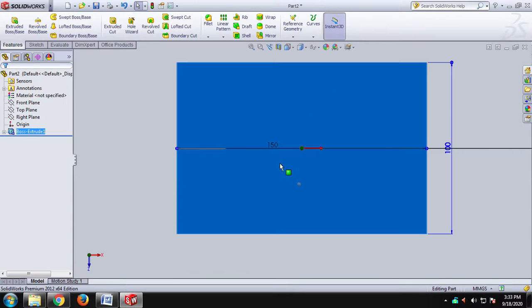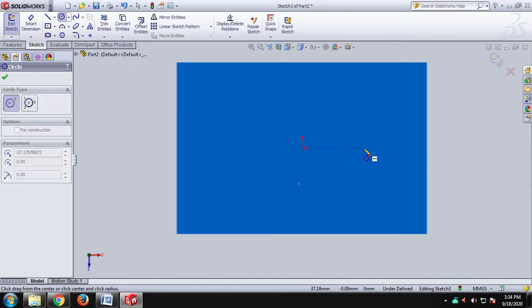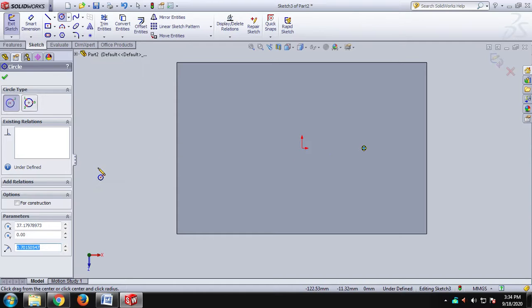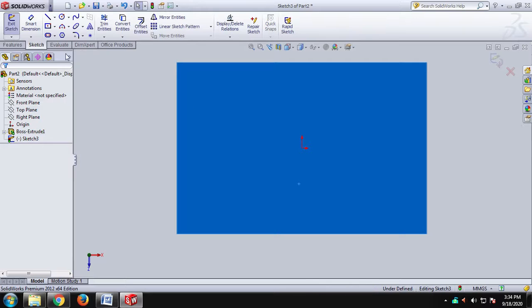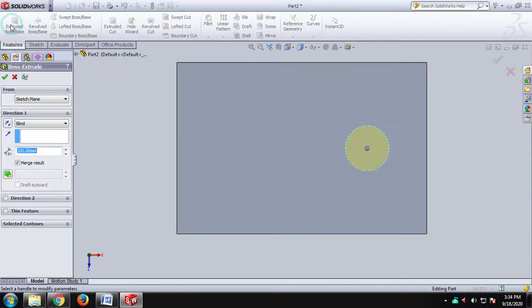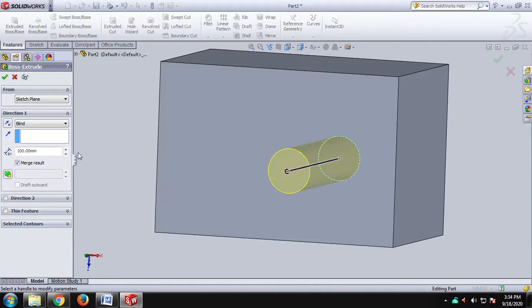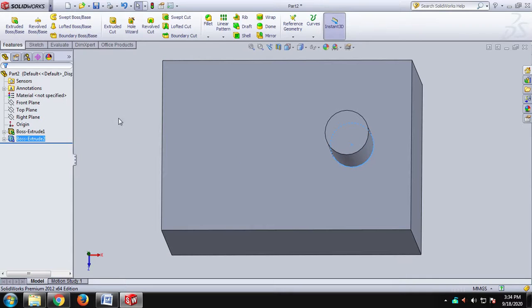Okay, so now we will do an extrusion process of a hole component for this particular image.